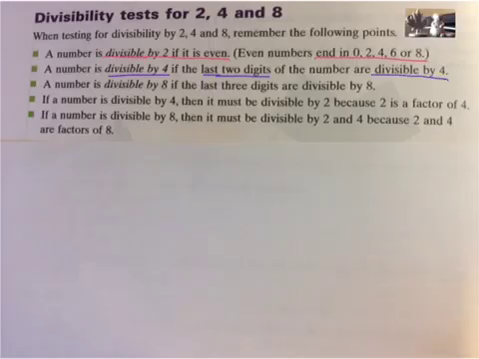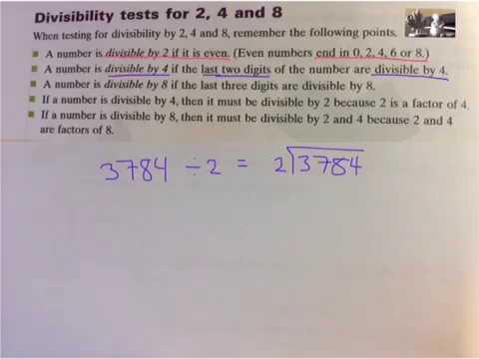So if we have the number 3,784, for instance, it is even, so we know it's divisible by 2. And we could use our short division. 2 goes into 17 8 times. That's 16 with 1 left over. 2 goes into 18 9 times. No remainders. Goes into 4 twice. So